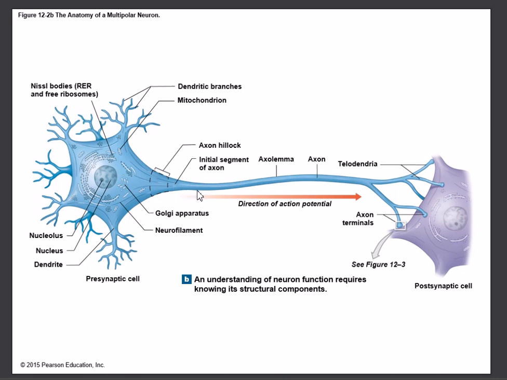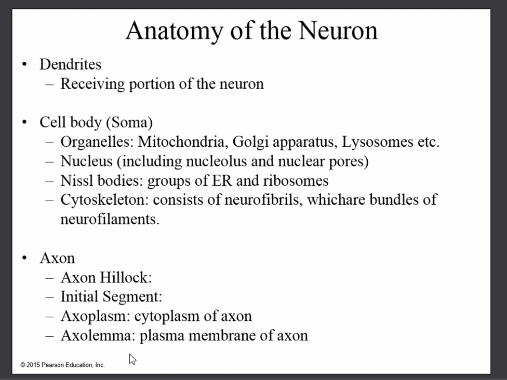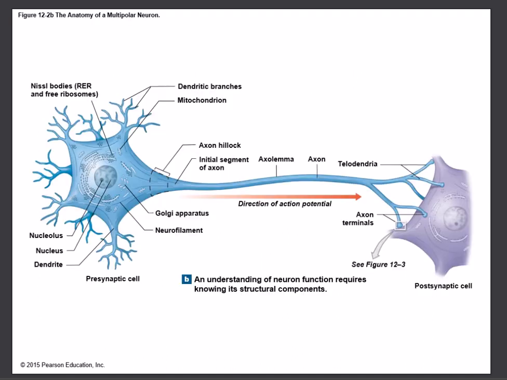The cell membrane of the axon, if you follow my cursor here, all of that cell membrane we call the axolemma. The cytoplasm that's running down the axon, right inside the axolemma, all of this blue here is going to be called the axoplasm. All right, so those are the structures of this part of the axon. So we have the axon hillock as the joining segment. The initial segment is right after the axon hillock. Very simply, the cytoplasm of the axon is the axoplasm, and the cell membrane of the axon is the